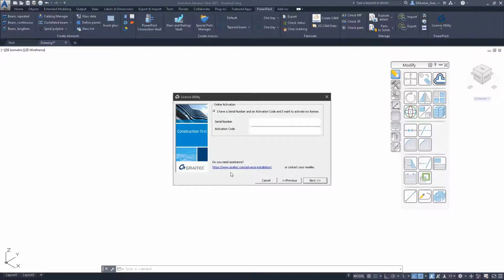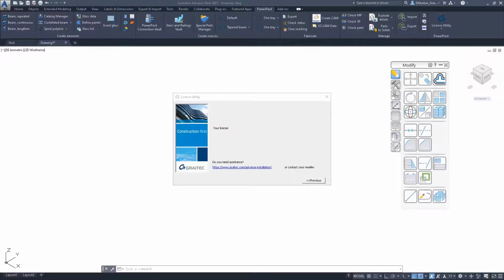Say Next. The dialog for your serial number and activation code will appear here, and you can enter in the numbers that you were given in the email. Once you've done that, simply select Next. The final step will display your success or failure and your license, as well as the expiry date